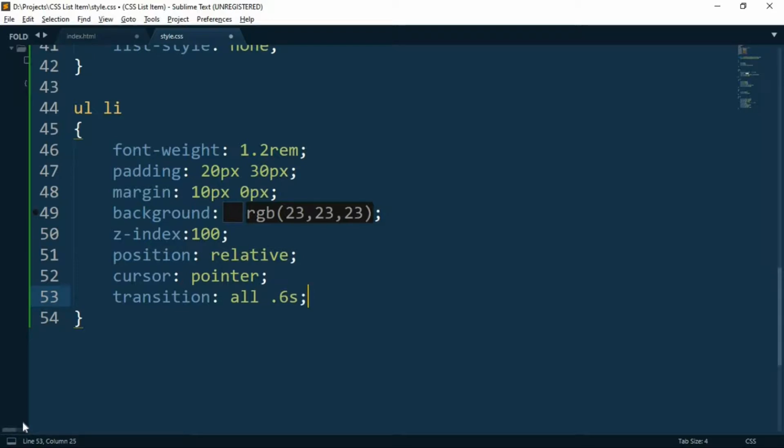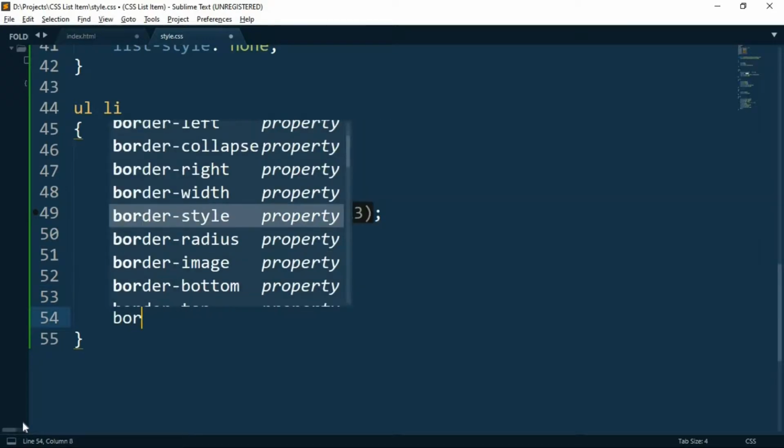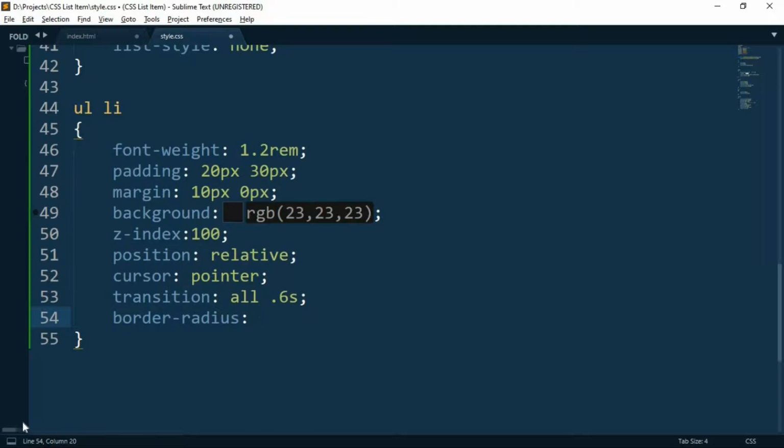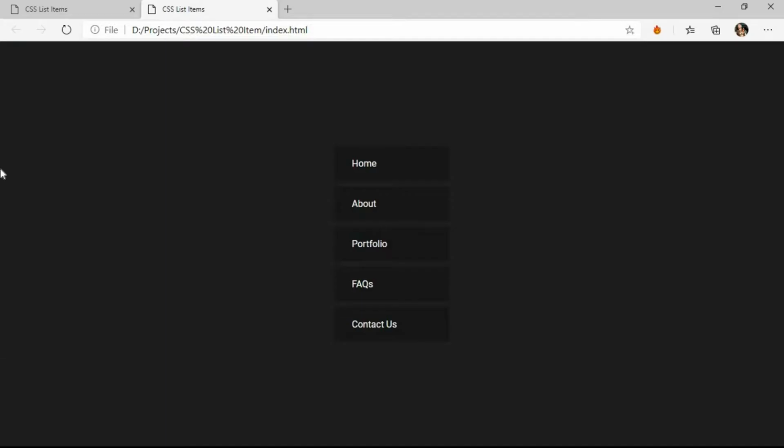You can set it in the way you want. You can set it for 6 pure seconds, you can set it to be 6 hours, 6 minutes, it's all up to you. And we want to give it a border radius of 30 pixel. So let's just check it once how it has turned out to be.